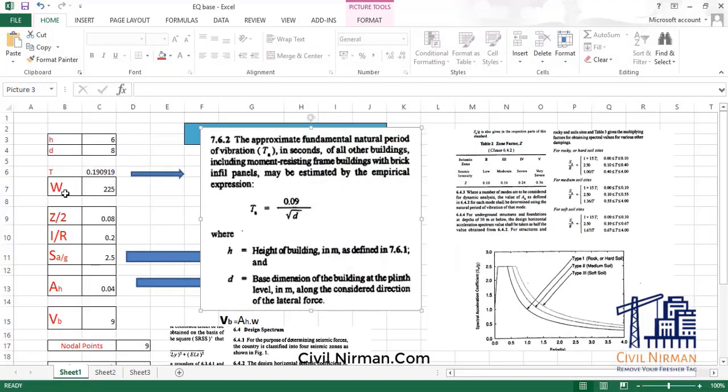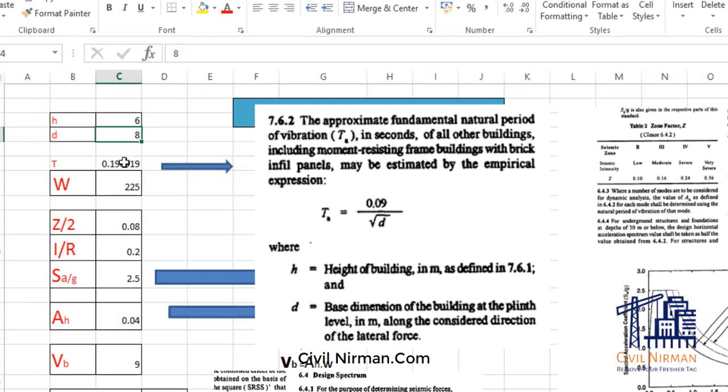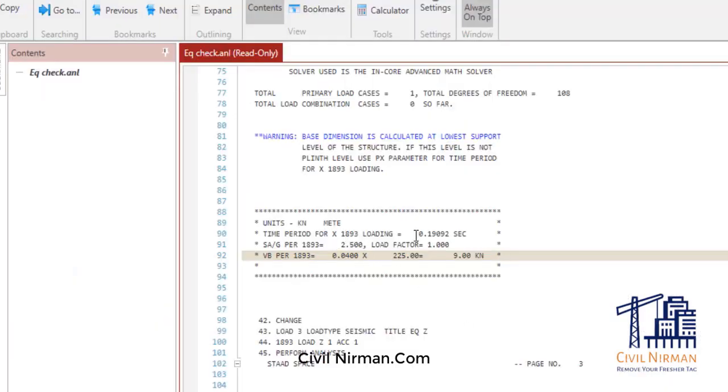So I have added 8 meter over here. Now let's calculate based on your height and D. Your time period will be 0.09 h divided by root d. I have utilized the following equation, and you can verify that 0.09 h divided by square root of d is coming around 0.190. So it is verified over here, 0.190.